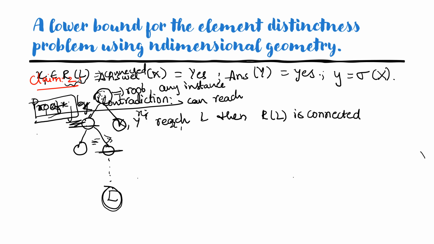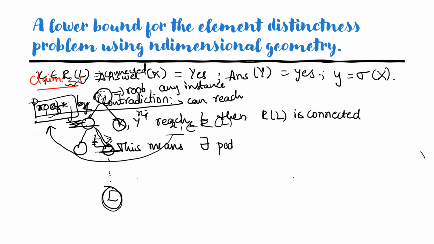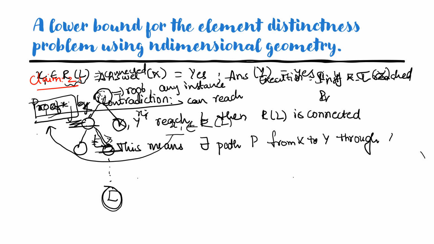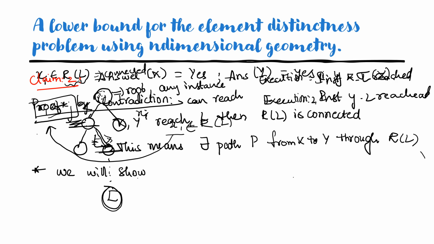Now when I say xi belongs to R of L, that means that x satisfies this condition, or any condition of that branch. So I'm going to assume that for instance x, L is reached. Similarly for instance y, L is reached. Execution 2. For execution 3,